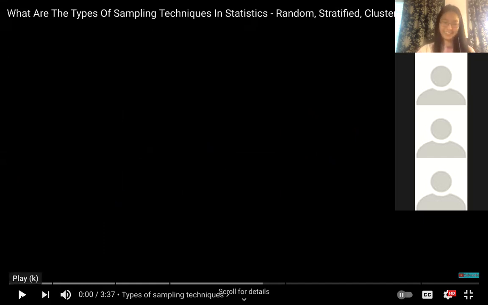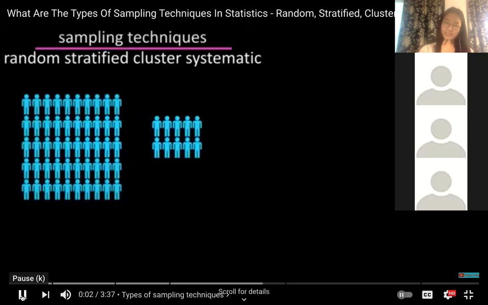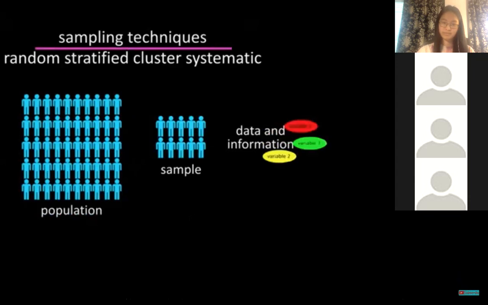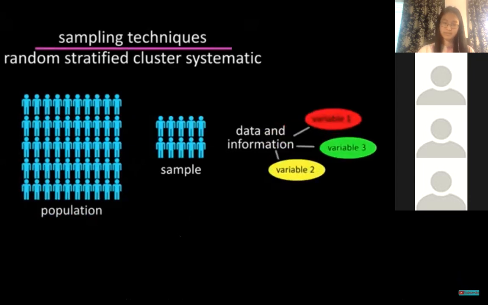We're figuring it out. A sample is part of a population, and researchers use samples to collect data and information about a variable or variables from the larger population. To obtain samples that are unbiased, there are mainly 4 different sampling techniques or methods: random sampling, stratified sampling, cluster